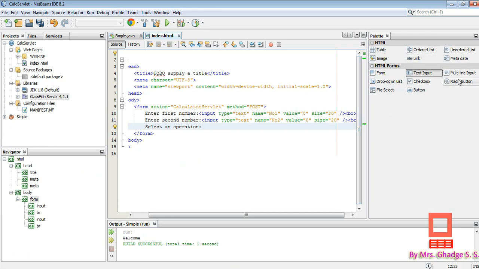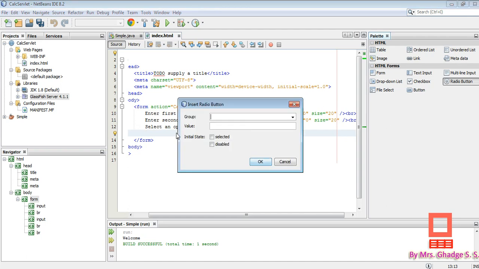So here is the option radio button. Just here put a break, and at the next line drag radio button. Okay, so for this group is suppose opr, that is operation, and value is plus.